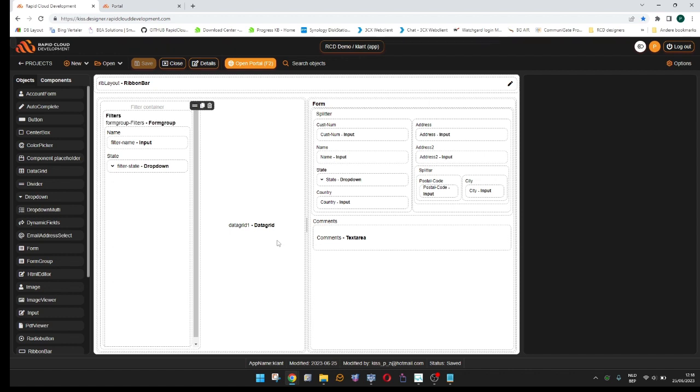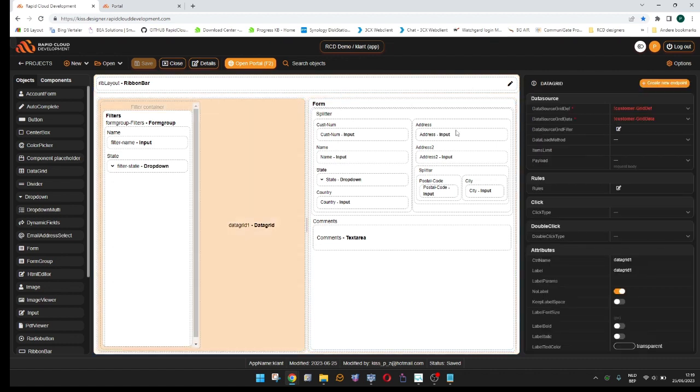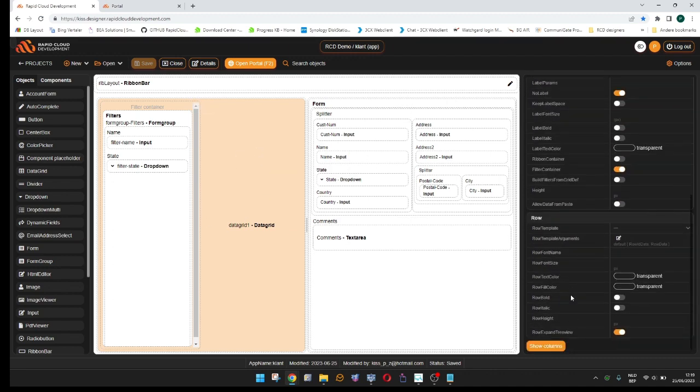The position of the ribbon bar can be on the layout level, so you can specify a ribbon container, which of course contains a ribbon bar. You can have the ribbon container on the layout level, which is the full width of the page. You could also specify a ribbon bar on the grid itself. So then we'll activate here